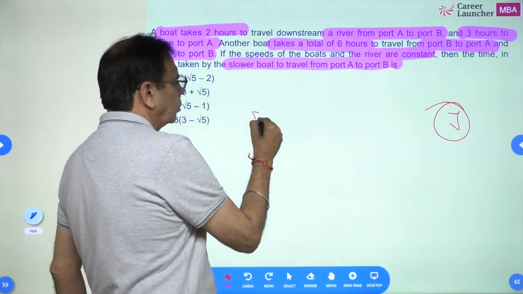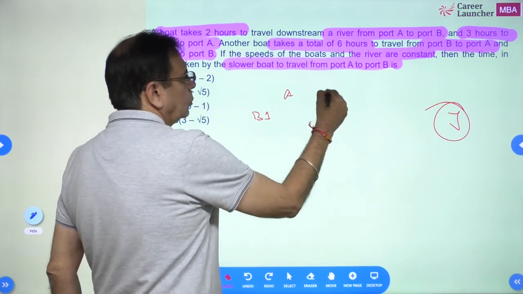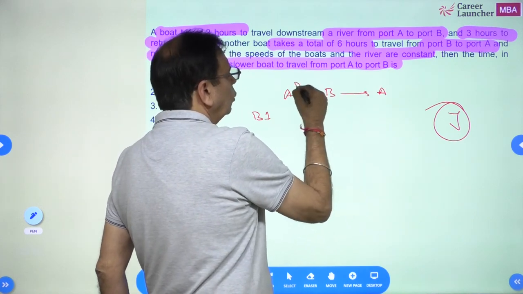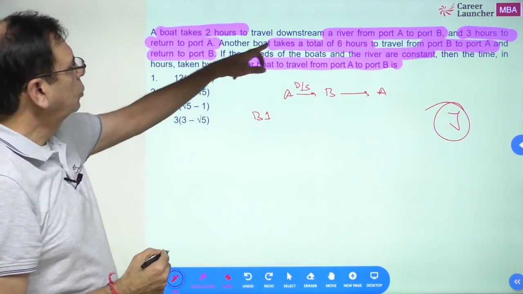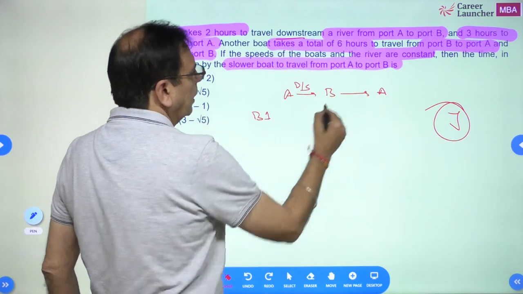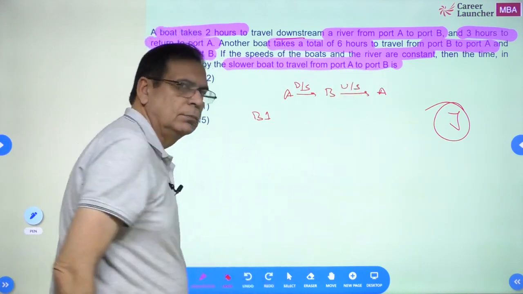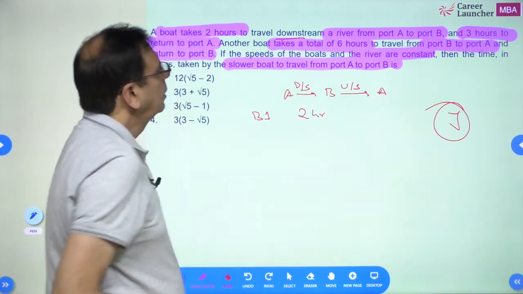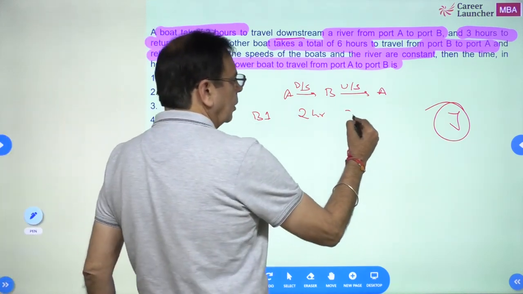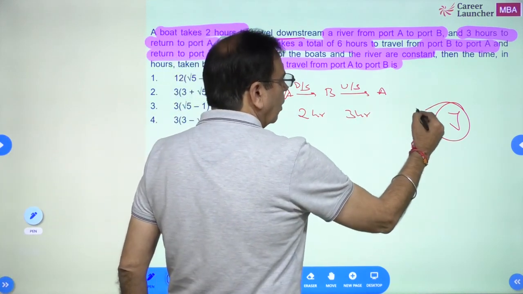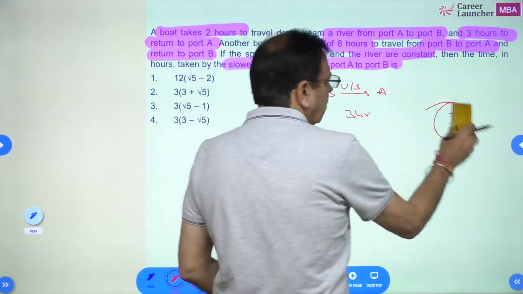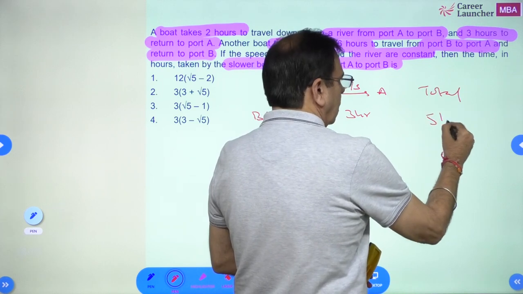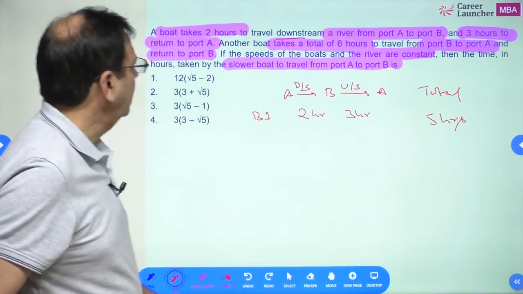So we have the first boat, A to B to A. This is what is happening. A to B is downstream, which means B to A should be upstream. What does boat A do? It takes 2 hours from A to B, and 3 hours to return. So total time कितना हो गया? The total time it has taken is 5 hours. Okay. Now,